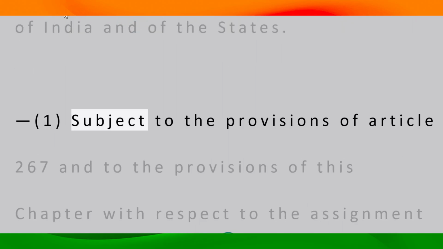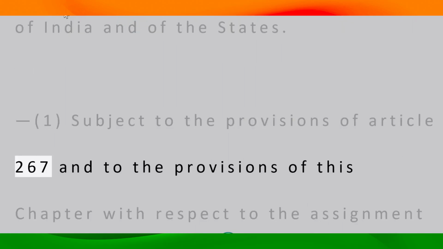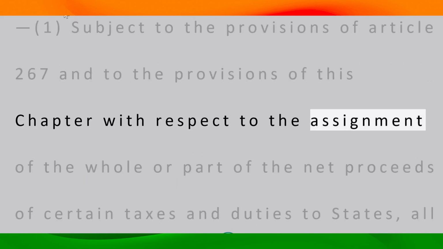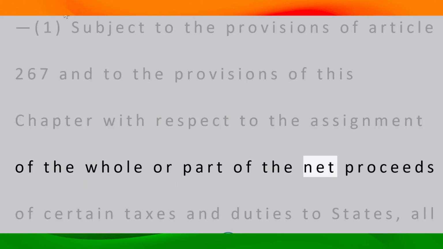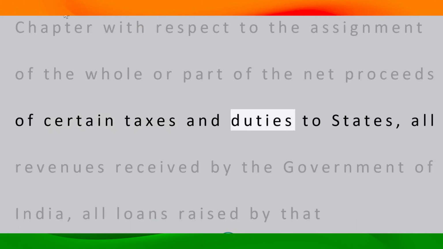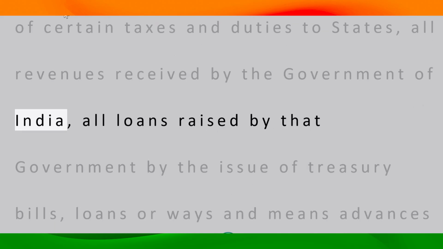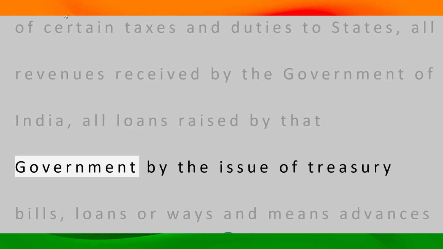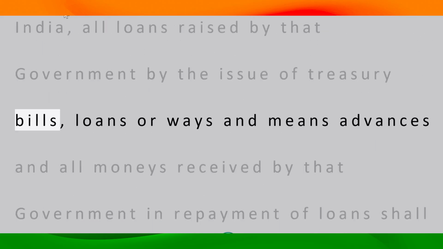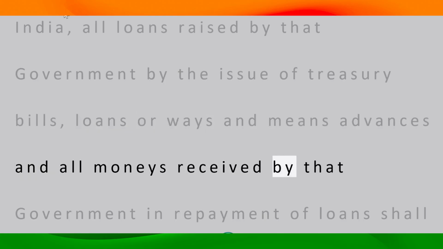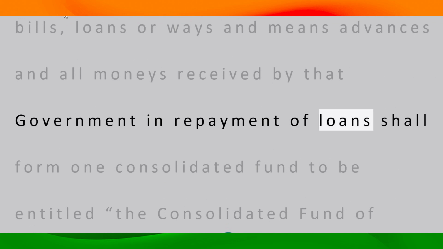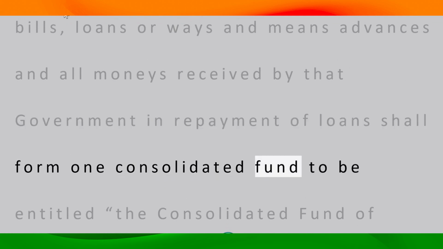1. Subject to the provisions of Article 267 and to the provisions of this chapter with respect to the assignment of the whole or part of the net proceeds of certain taxes and duties to states, all revenues received by the Government of India, all loans raised by that government by the issue of treasury bills, loans or ways and means advances, and all monies received by that government in repayment of loans shall form one consolidated fund to be